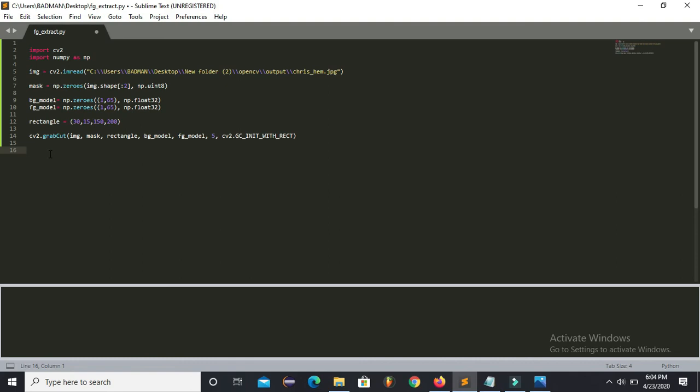The modified mask image will contain 4 types of values: 0, 1, 2 and 3, denoting each type of flag. Like 0 means background flag, 1 means foreground flag. You can go through the documentation and see what exactly it means. The new mask will be equal to np.where. Here I want to black out the part which is not part of the foreground.